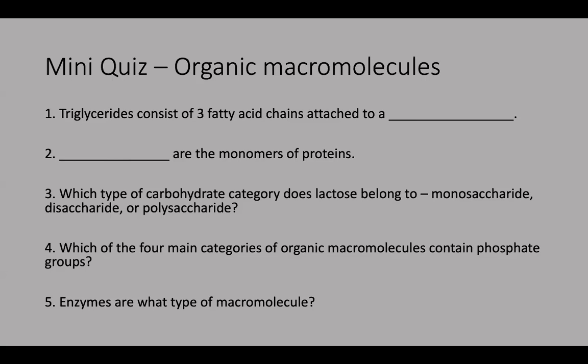All right, so this one's kind of tough, but I like making connections between different things. So which of the two categories have phosphate groups involved? Lipids, so phospholipids specifically. And nucleic acids, yeah, exactly. So one type of lipid, phospholipids, but lipids is the correct answer. Lipids and nucleic acids both have phosphate groups. So if you see a phosphate group, you don't necessarily know exactly what macromolecule it is, but you can at least narrow it down to two of the four.